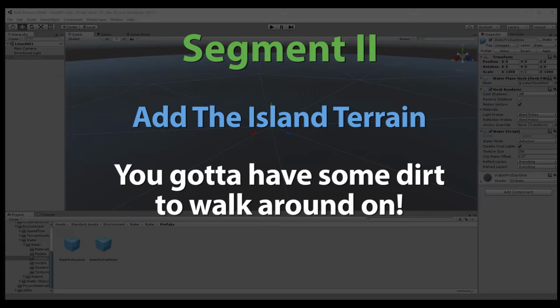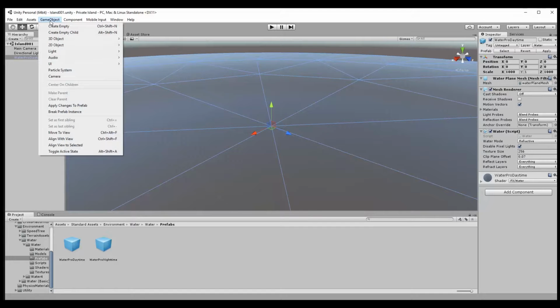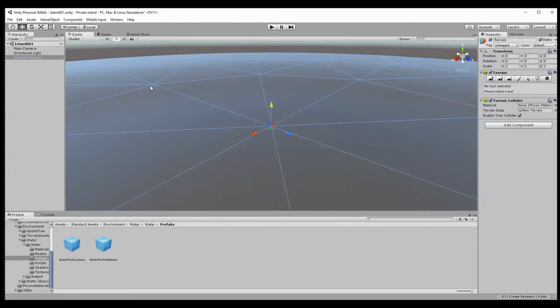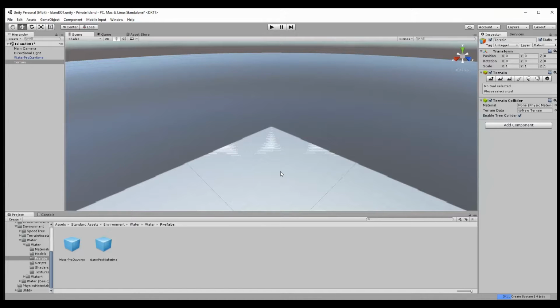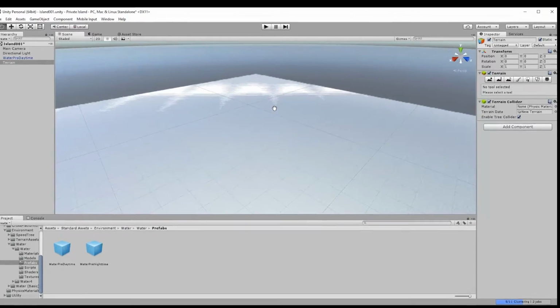Okay, in this next segment, we need to add some terrain that's going to make up our island. So, where can we get some land in this broad ocean that we've just developed? In Unity's GameObject menu, you have the ability to find 3D objects, and inside of 3D objects, there are some cubes, there's some spheres, some capsules, but most importantly, there's a terrain object. As soon as I drop that terrain object out, I'm going to zoom out just a little bit and kind of show you where this is,